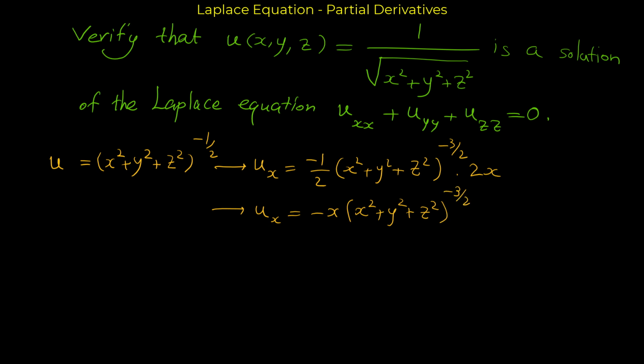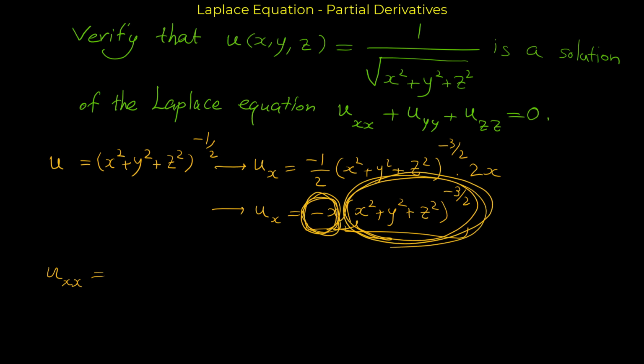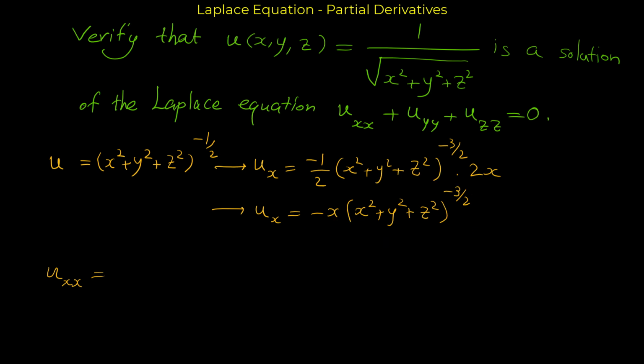Now from this expression we have to take the derivative with respect to x again, because we want to find the second partial derivative. So uxx would be what? For finding the derivative of this with respect to x, we have two terms. This involves x and this involves x. And as you can see, we have to use the product rule. From the product rule, we take the derivative of each multiplied by the other one. The derivative of negative x is negative 1. Very simple. So negative 1